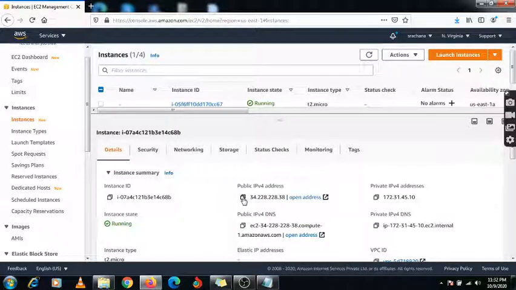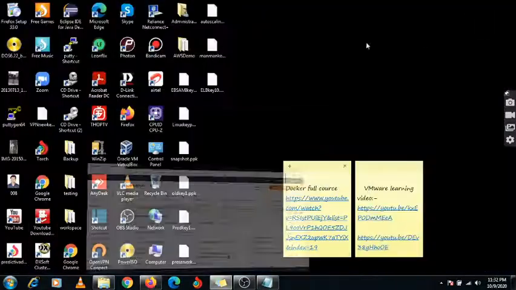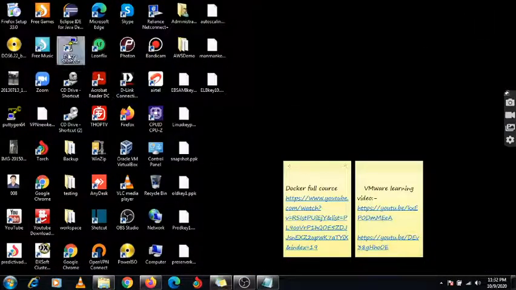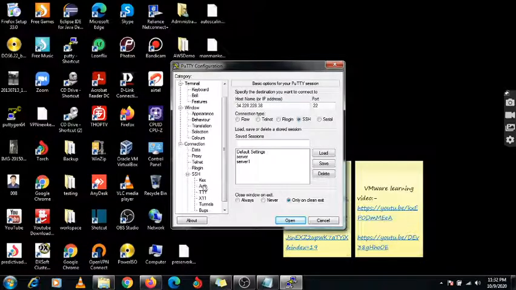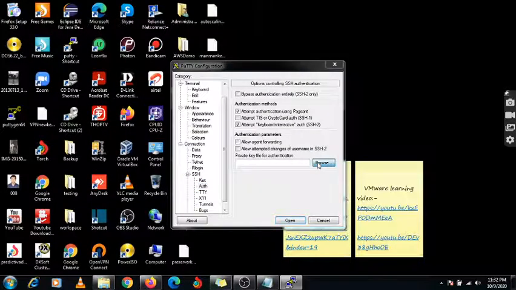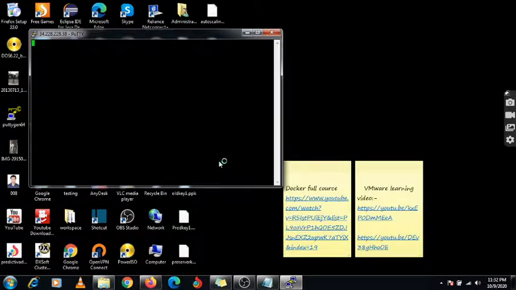So first we will create these web pages in all the servers. Just take PuTTY, and the same key you need to use for all the instances. Here ELB 10, open it. Here I am taking PuTTY again, EC2-user.